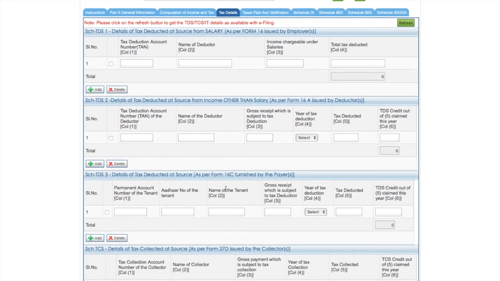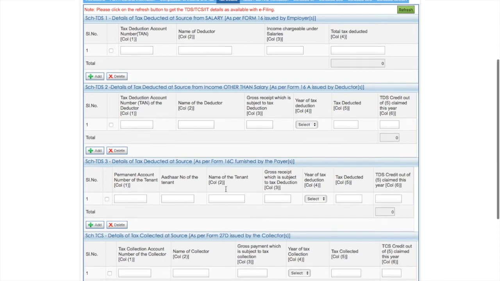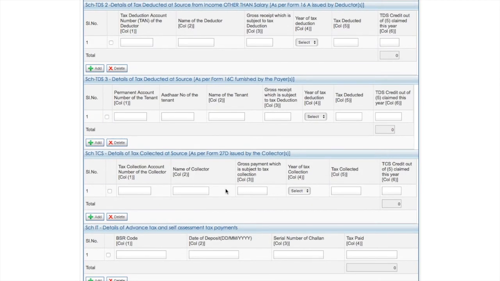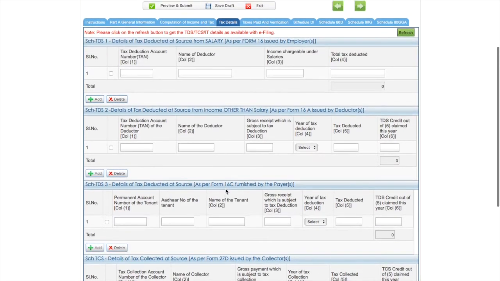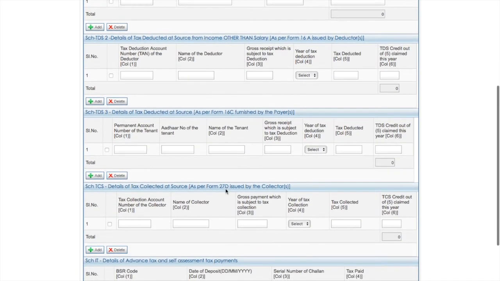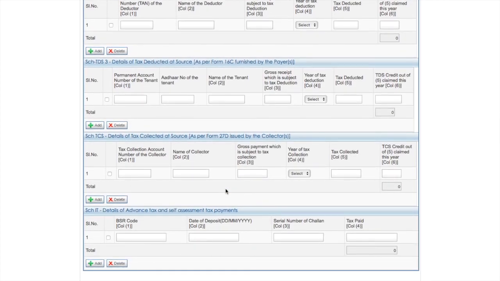Here the details of the tax deducted, the tax collected at source, or details of advance tax and self-assessment tax have to be given. Either it will be auto-populated or pre-filled from the 26AS. If it is not pre-filled, the details can be entered manually based on Form 16 or Form 16A, Form 16C, Form 27D issued by the deductor or collector, or based on the advance tax or self-assessment tax challan.